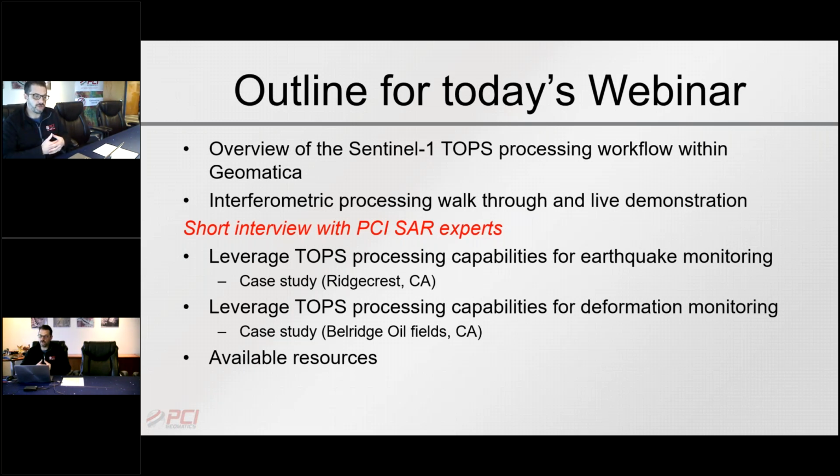We're going to talk about an interferometric processing walkthrough and give a bit of a live demonstration, show you some galleries, and give you a sense of best practices for processing TOPS. We're going to recommend that you use some of the Python scripts that we've developed, which we think is the best way to achieve the most consistent results. Then we're going to turn our attention over to our SAR experts and have a quick little